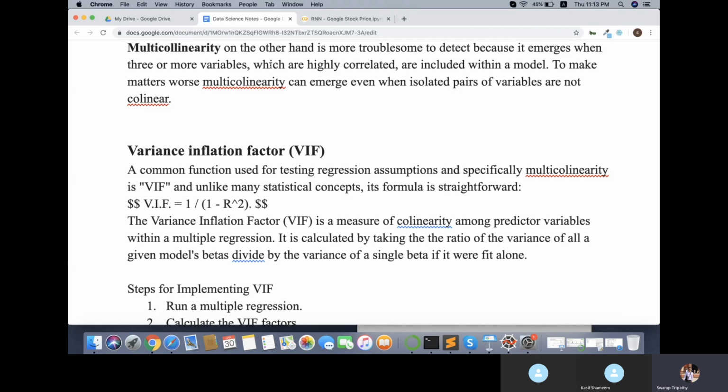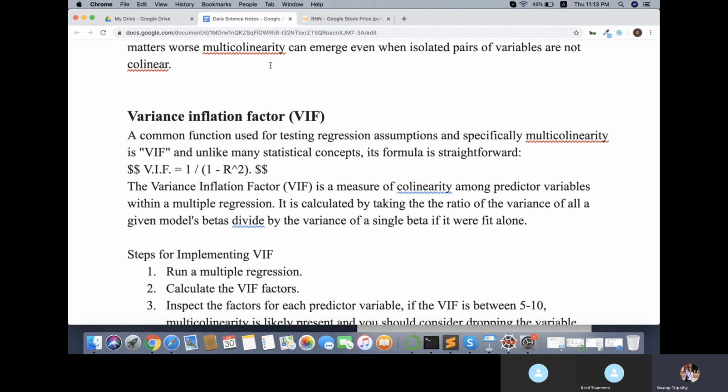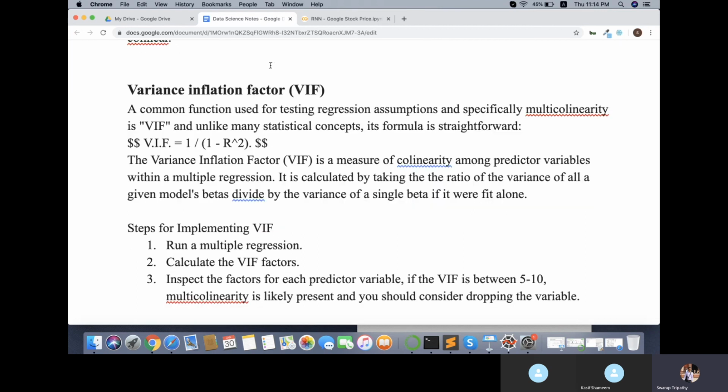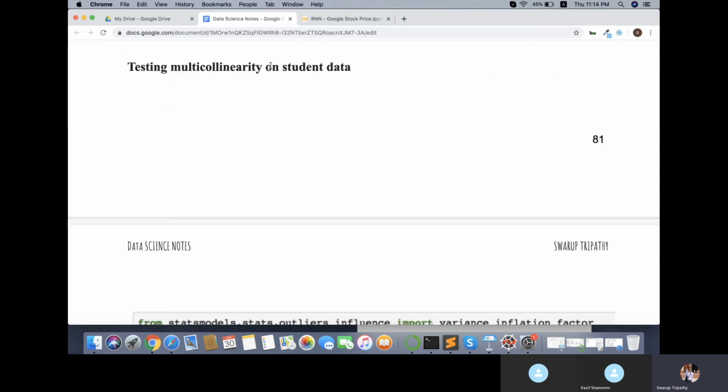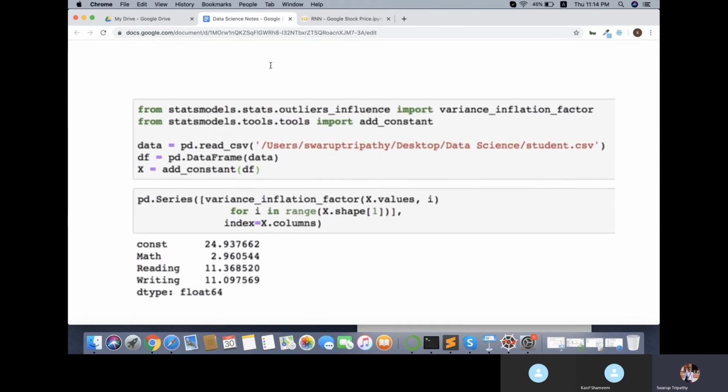How do you do this test? First we have to do regression on this, then find out the R square, then find out what the VIF is for that. VIF between 5 to 10 means there is a little bit of multicollinearity present within the data. And if you have similar VIF for your independent variables, that also means they have some kind of multicollinearity within the data. To do this VIF test, we'll be using the statsmodels package.